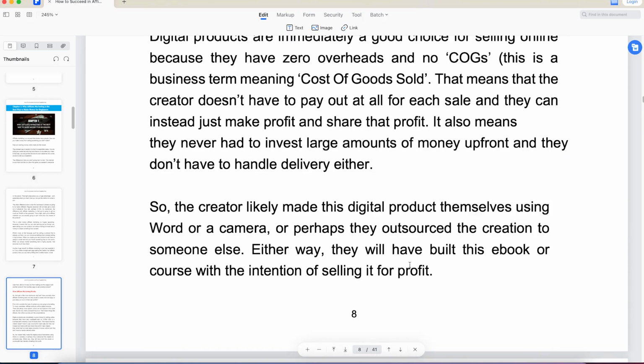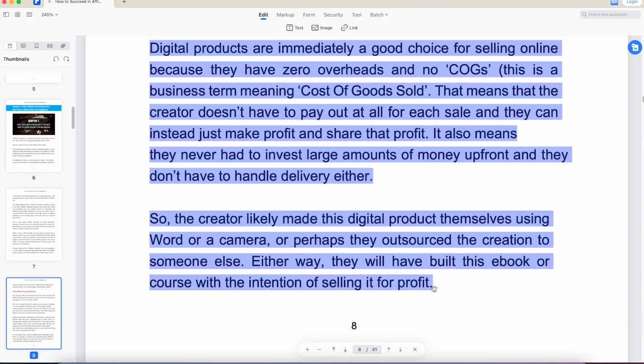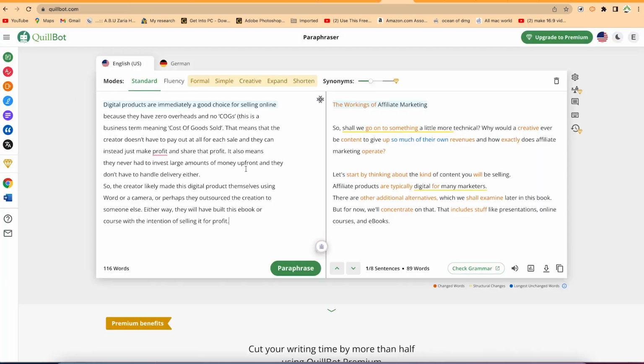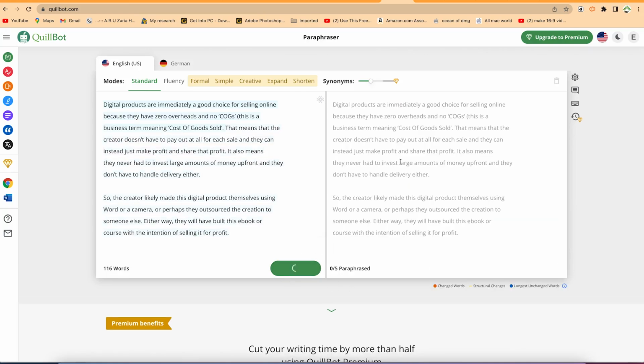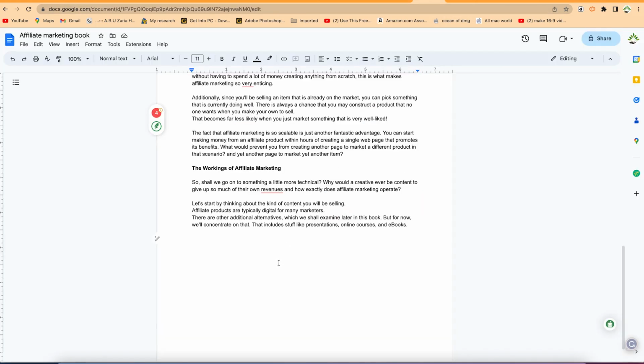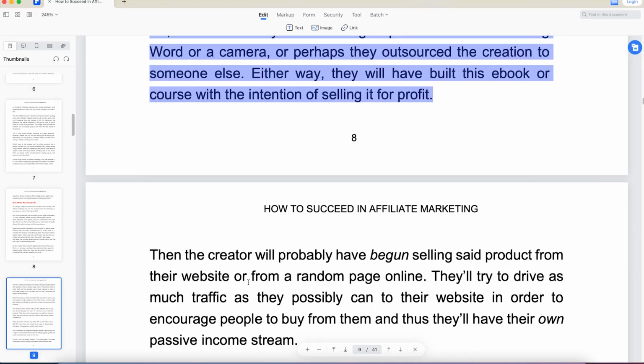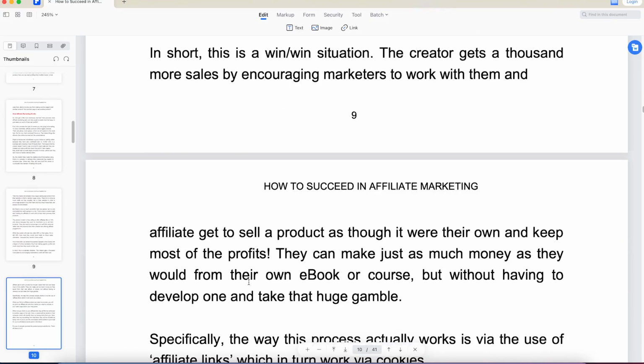So you can just go ahead and do the same thing here. You just copy up to here, and you can come back to Killbot, paste, just make sure you separate. Okay, paraphrase, you copy, and then back here and paste. So this is how it's going to be. This is how you're going to keep on doing it